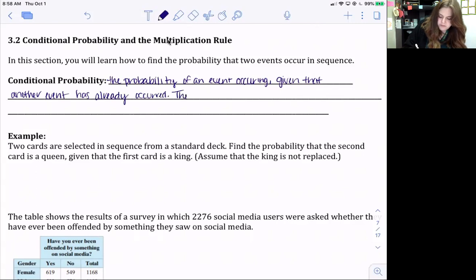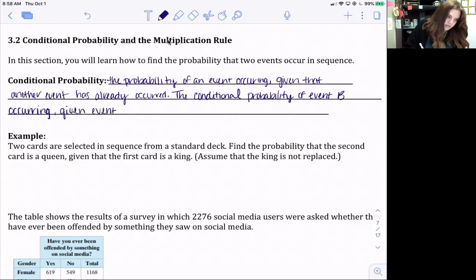The conditional probability of event B occurring given event A has occurred is denoted